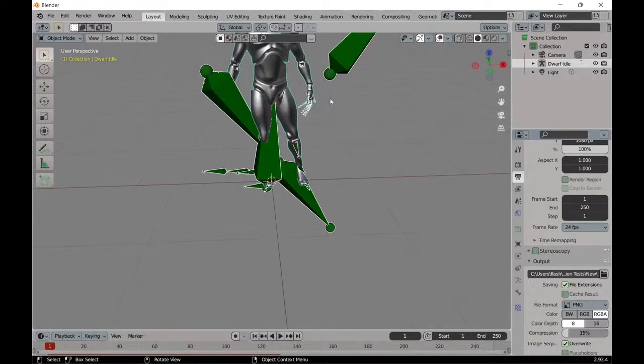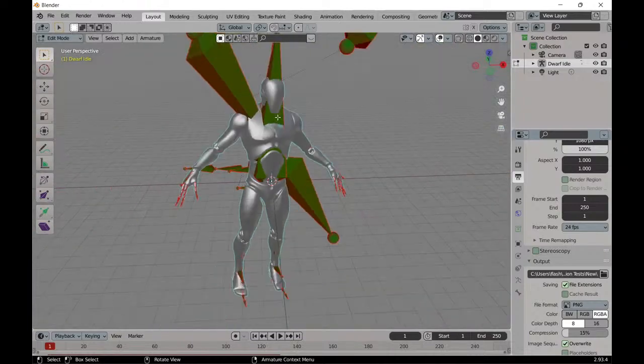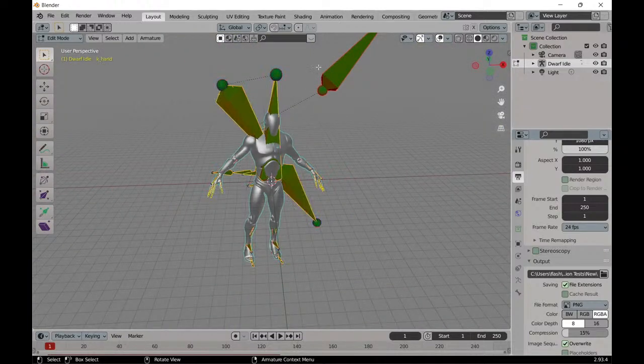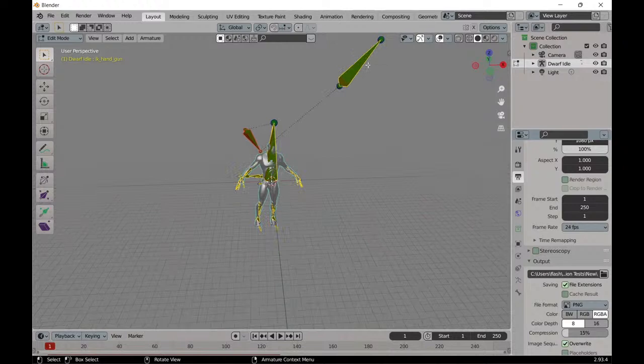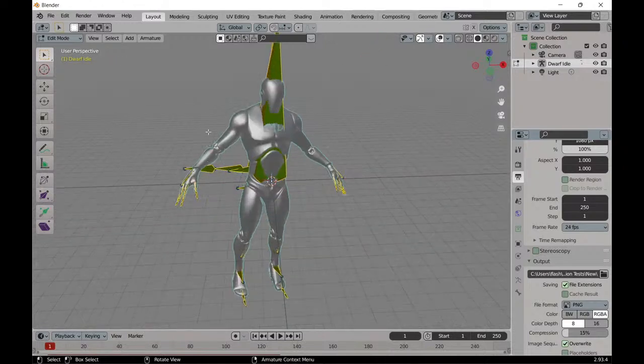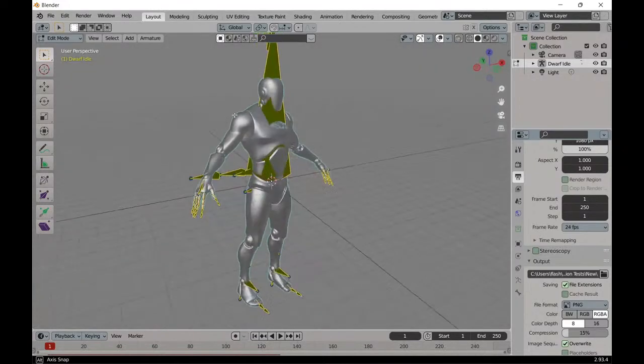And then we got these crazy bones again. So we're going to go to edit mode, select, and delete those bones. I don't like those bones, so I'm going to get rid of them. Delete that one and this one. Those are IK bones that they have offered up from the developer,